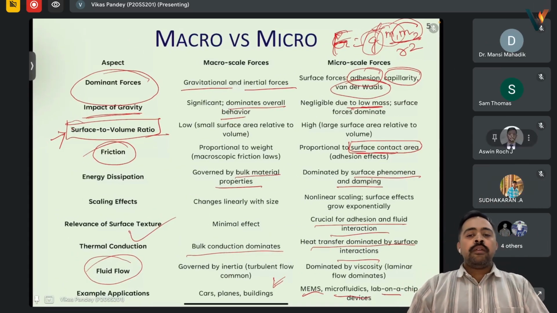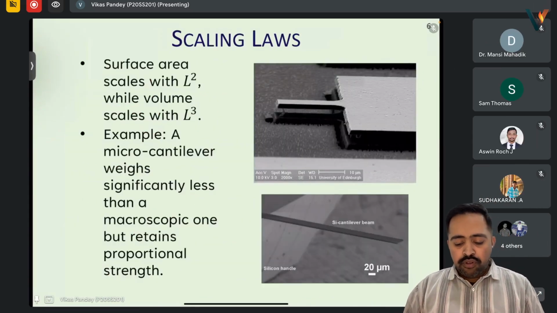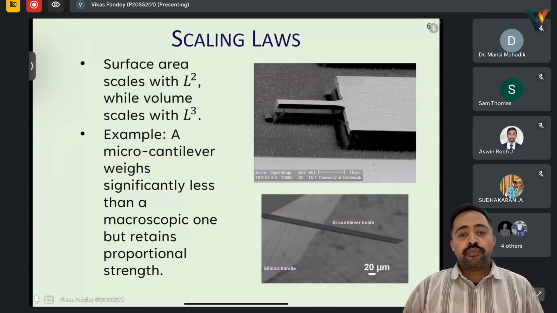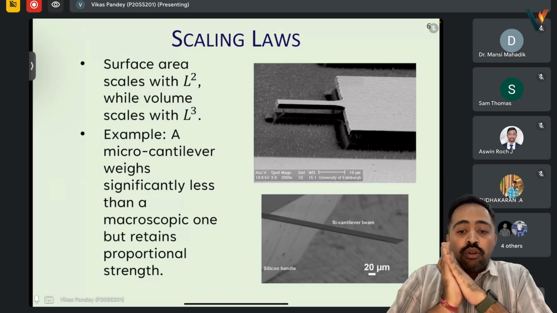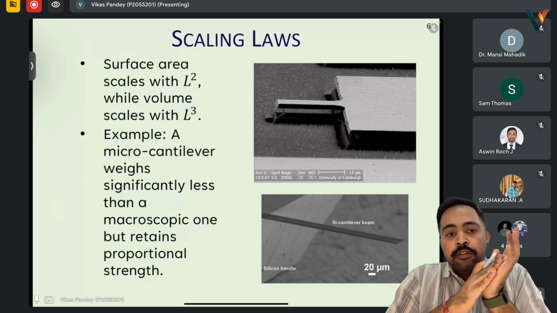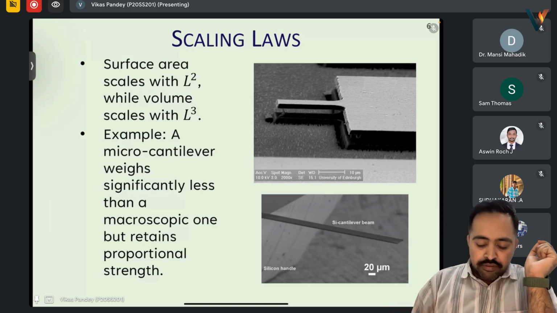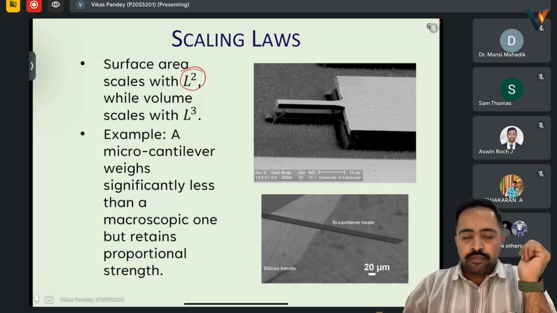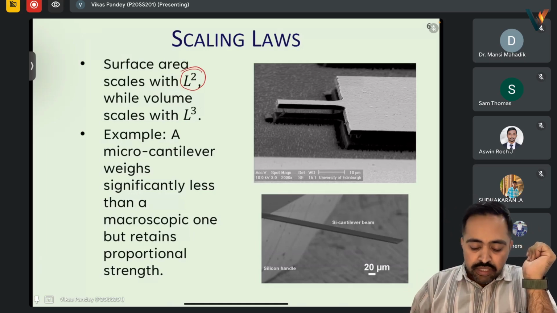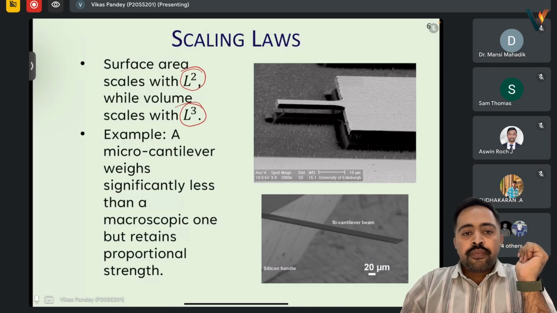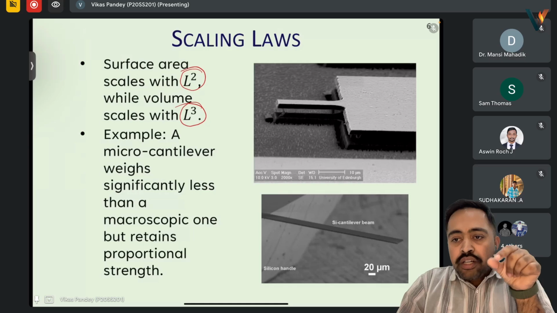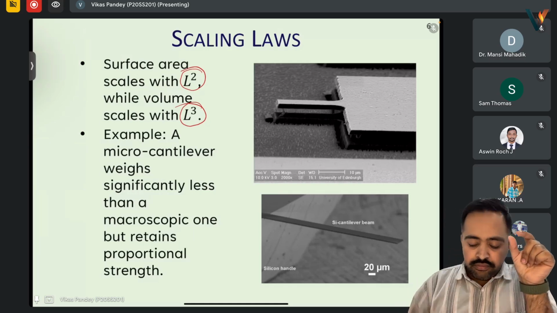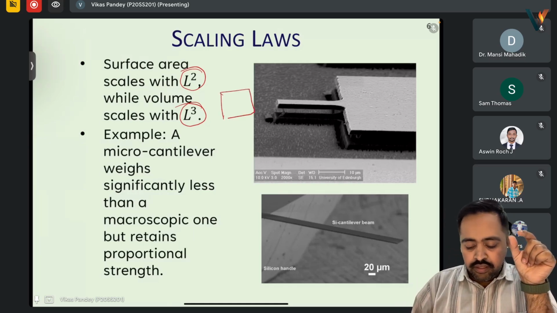Okay. So let's move to our next slide. As we were talking about scaling laws, the surface area scales with L squared, while volume scales as L cubed. That means reducing the size,